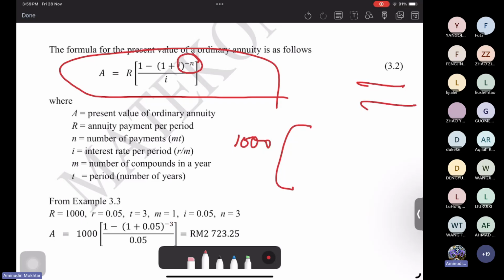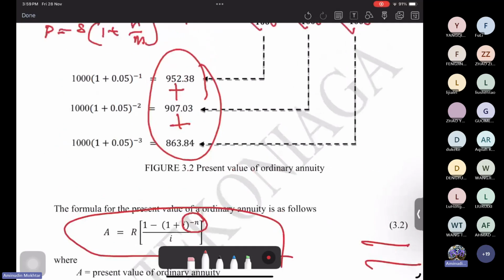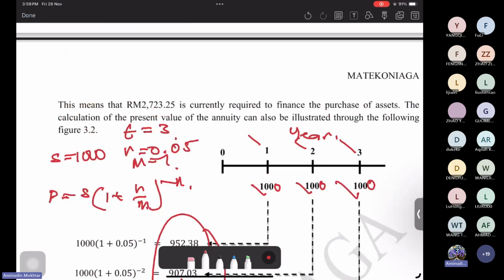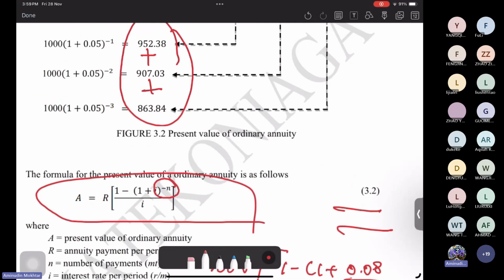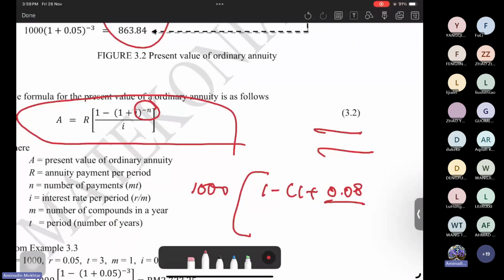That is equal to 1,000 times 1 minus (1 plus 0.08 divided by m) to the power of negative m times t, all divided by i. M is the number of compounds. In this case, since it is a year, the number of compounds is 1, so m equals 1, t equals 3. Now the power is negative 3, so